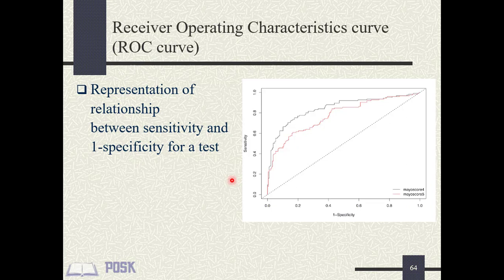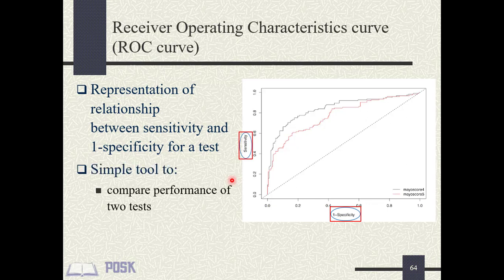The ROC curve is a plot of the values of sensitivity versus 1 minus specificity. The ROC curve on the right is generated from the Mayo dataset from the EASY ROC website. Sensitivity, or the true positive rate, is plotted on the y-axis, while 1 minus specificity, or the false positive rate, is plotted on the x-axis. Each point on the curve represents a cutoff point for sensitivity and specificity.